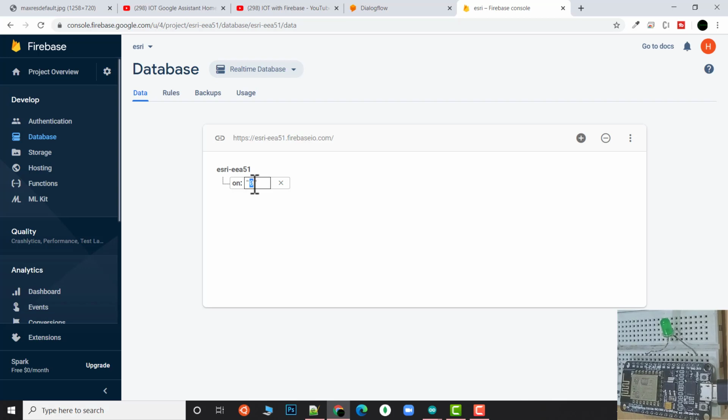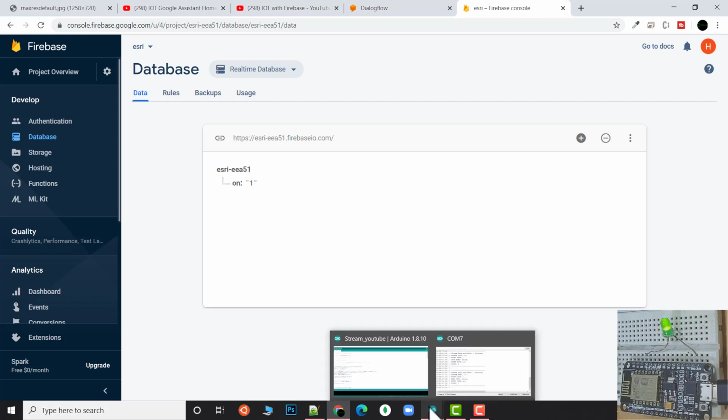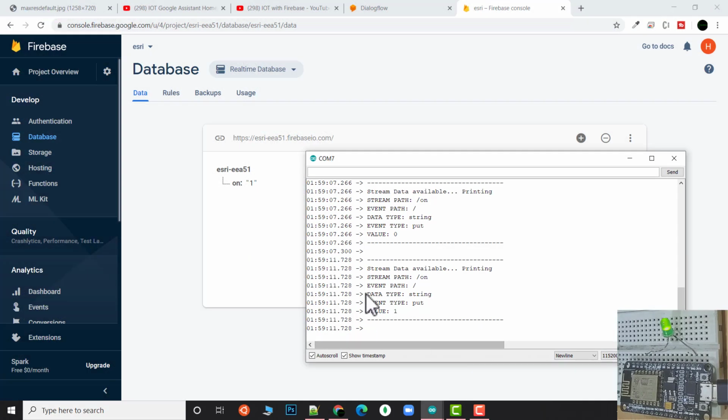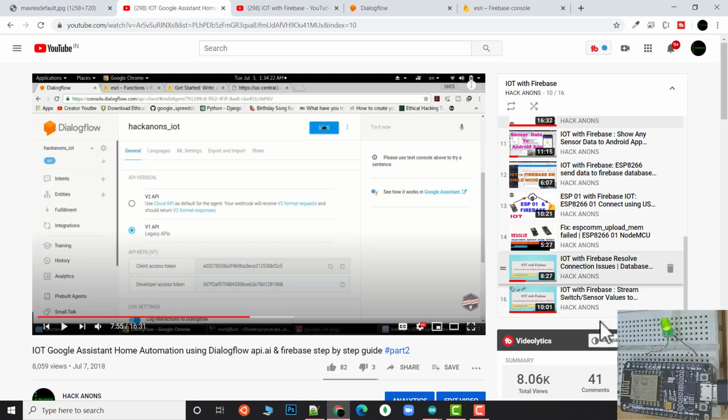If I change this to 1, bam, in real time we are able to change this. While changing this, the code is a little bit different now. We are using streaming for changing the values. That is really important, because if you want to control multiple devices, you can't use a void loop function for checking the status. So I suggest you watch these two videos also. These are for the updated library, and later I will create more videos if you are interested.